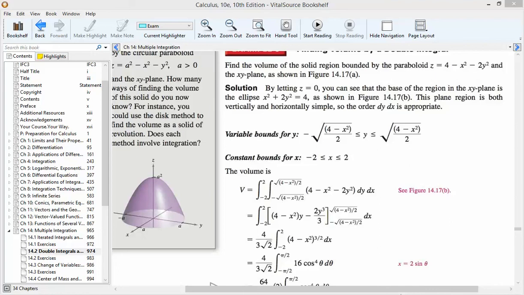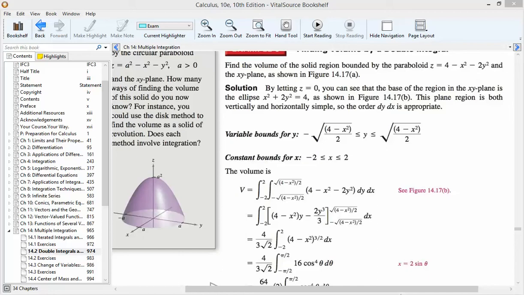So if we want to find this volume, we have to bound the y if we do dy dx. If we do dx dy, we have to first bound the x. But dy dx is probably the way that you would set up most integrals. Not all, but most. And so first you have to look at your equation, set z equal to 0,